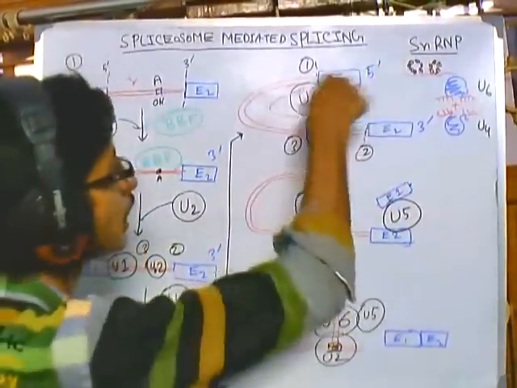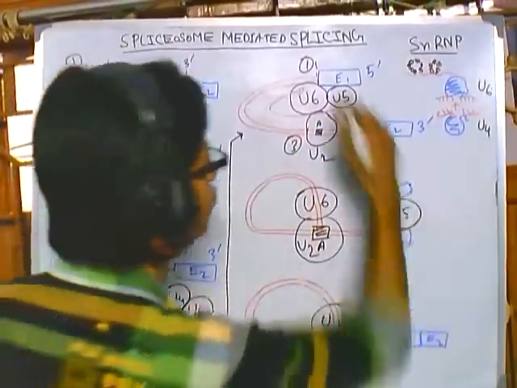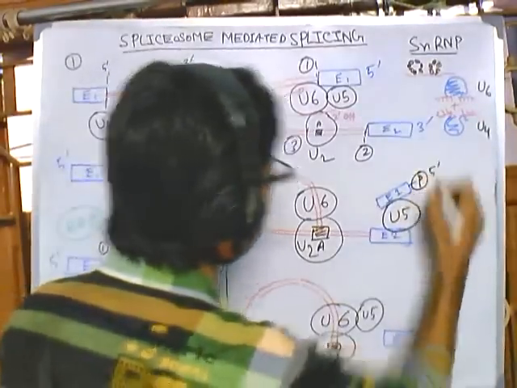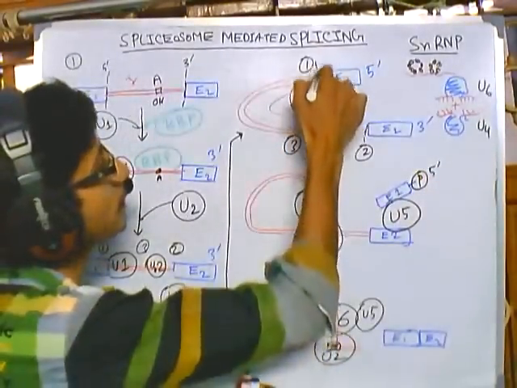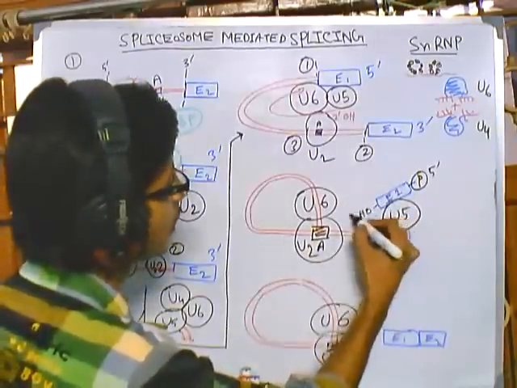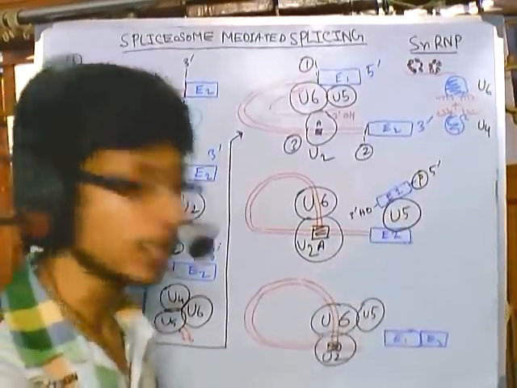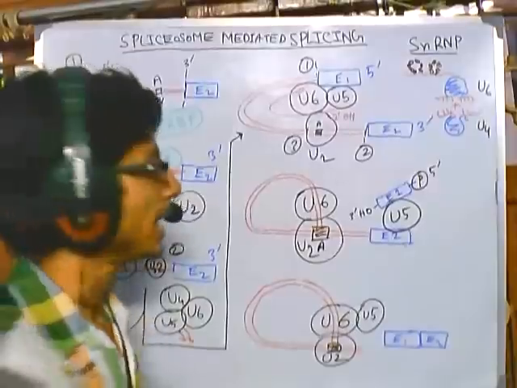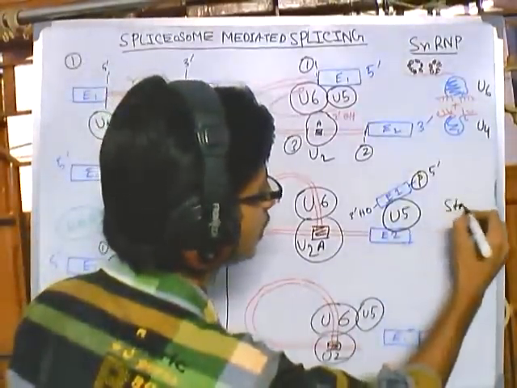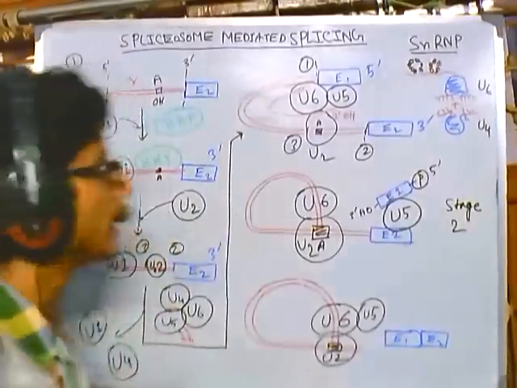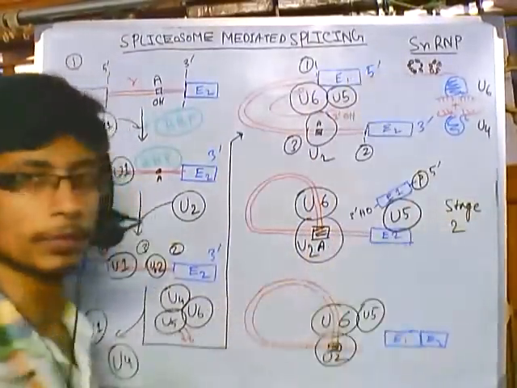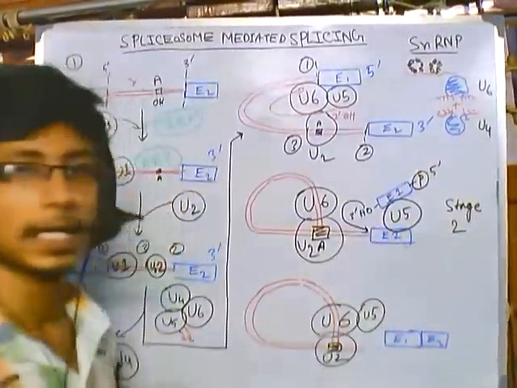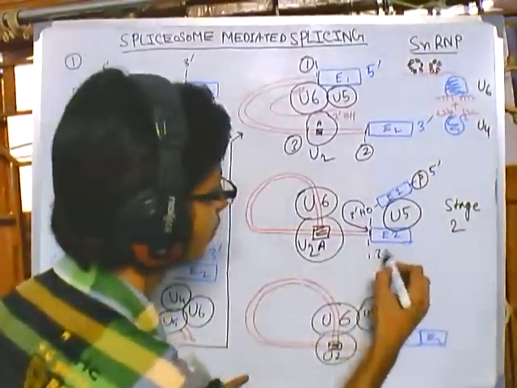Now remember, after the cleavage of E1, we have two parts. This 5' region of E1 consists of phosphate. On the other hand, after the cleavage from this side, it generates a 3' hydroxyl also, right? Now this 3' hydroxyl can act as another nucleophile, as the second stage of the reaction. So this is stage 1, this is stage 2. In this stage 2, this hydroxyl will attack this place, a 3'